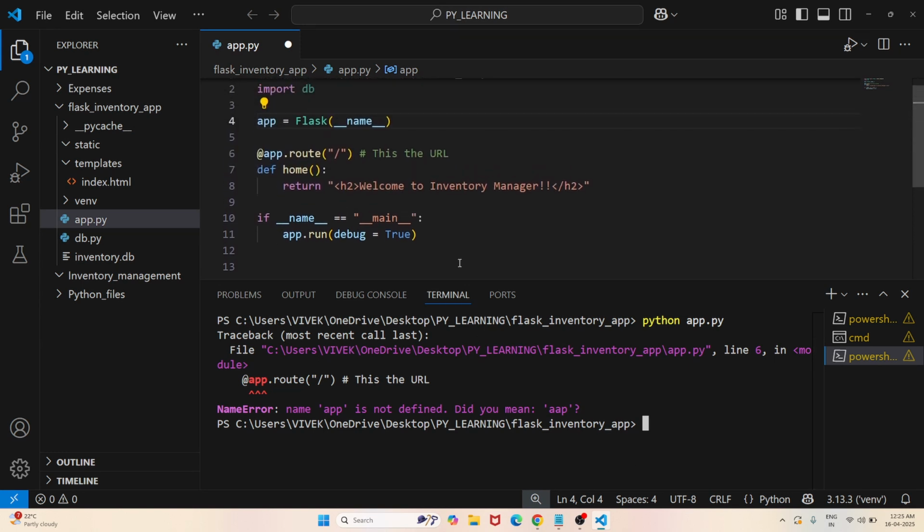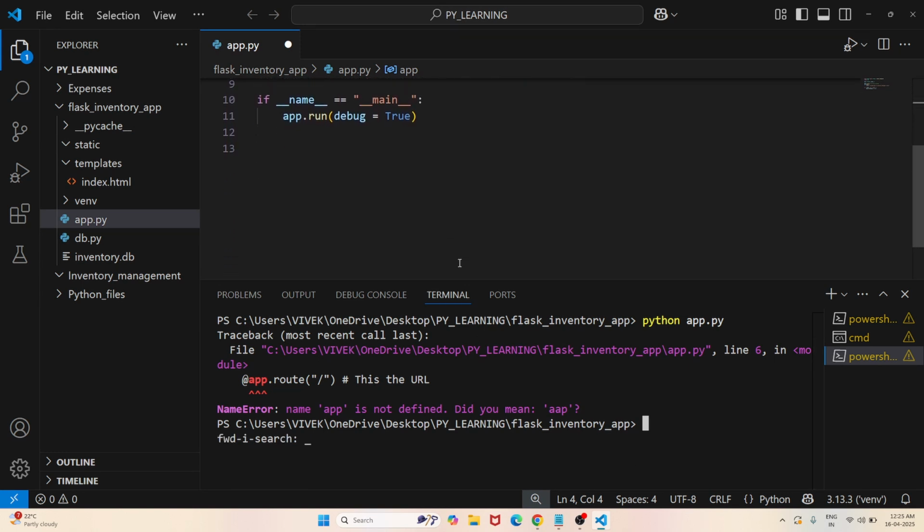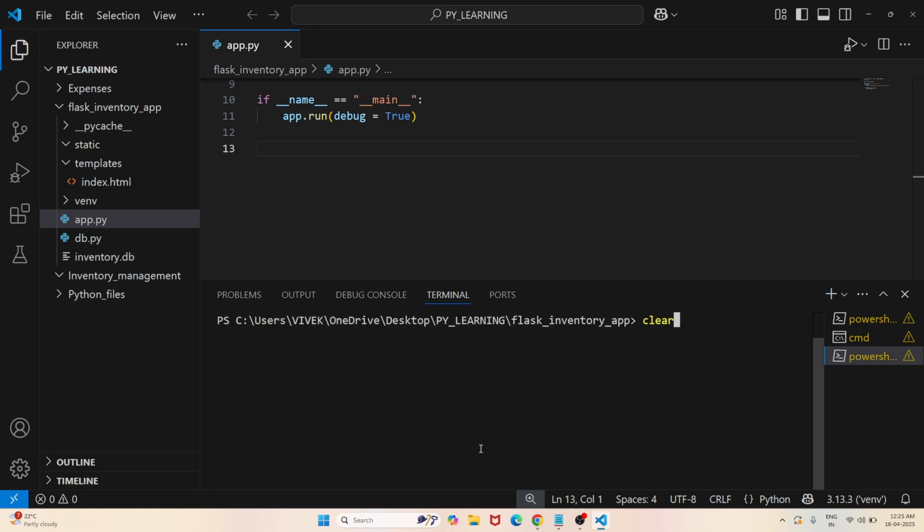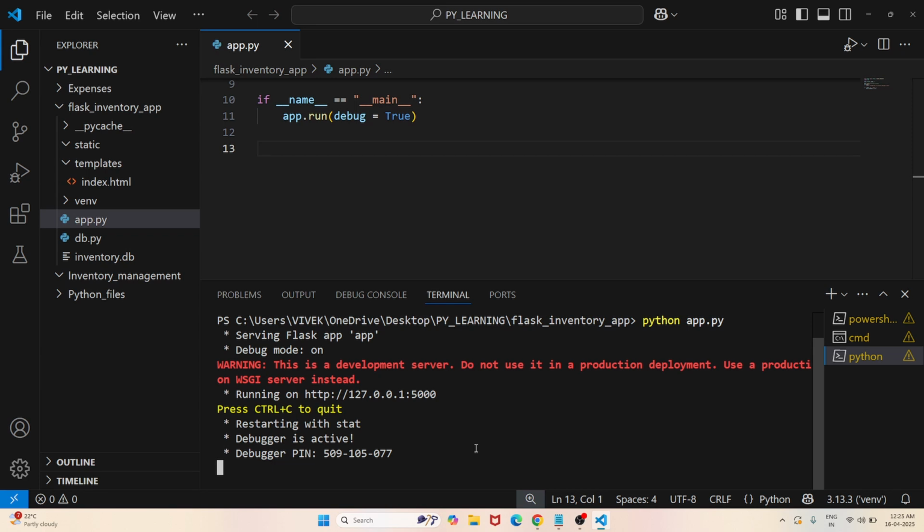Oh, did I not save my file? Okay, let me save it. I'll just Control C. There. Let me rerun our file. Warning. Okay, it seems fine. So you can see this message: this is a development server, do not use it in production deployment. So this is fine. Now our app is running in this particular